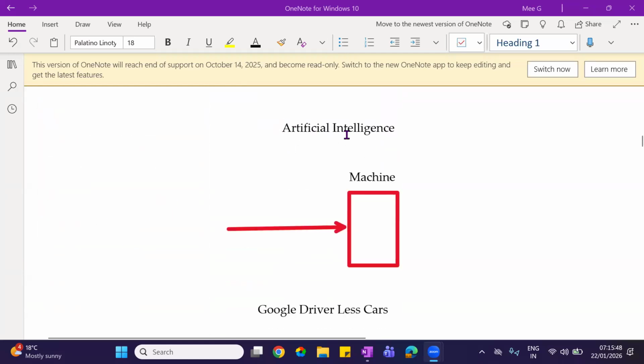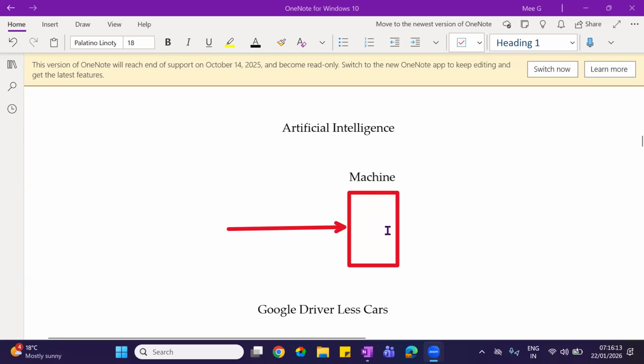Now, as I told you, what is artificial intelligence? Artificial intelligence is nothing but making intelligent machines by passing knowledge into the machines. Now the question is how you are going to do that.